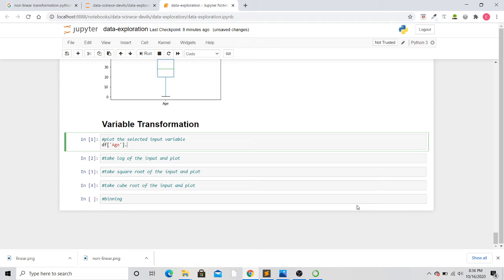So df, square bracket, the column name that you're using, then dot plot, and we will plot a histogram. For a histogram we use dot plot dot hist, and as it is a method we write opening and closing parentheses and then hit shift enter, or you can click run. I will choose shift enter. This will give us a histogram.